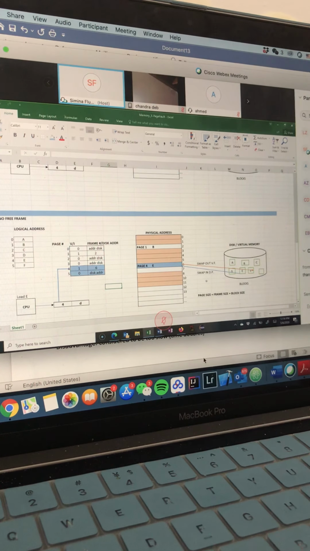Well, when we have a page fault, we have I/O operations. Swap out victim frame or swap in demanded frame. These are named I/O operations. We copy the content of a page from the secondary memory into the main memory, or we save it by copying from the main memory into the secondary memory.